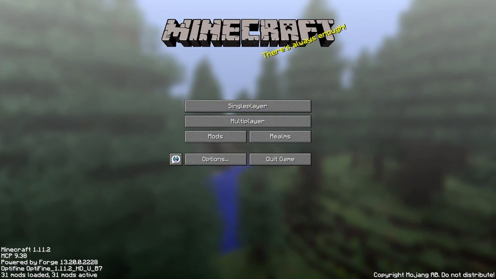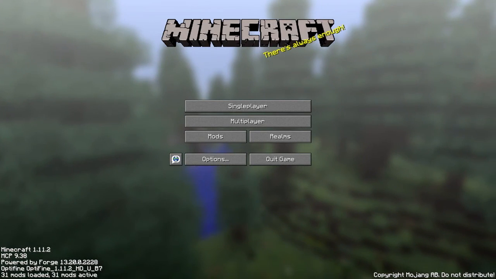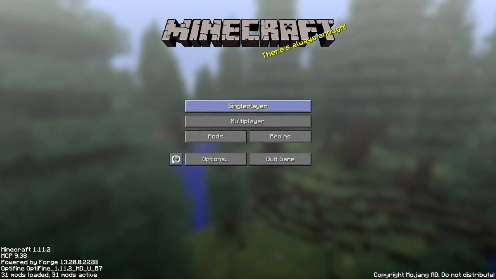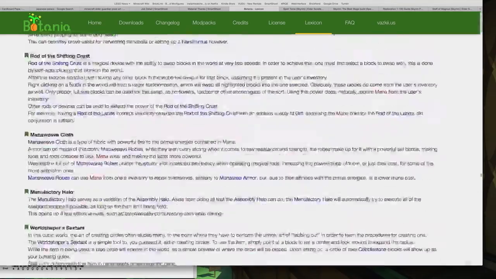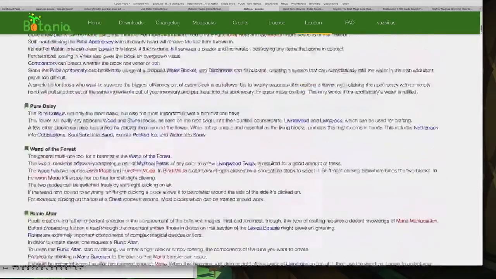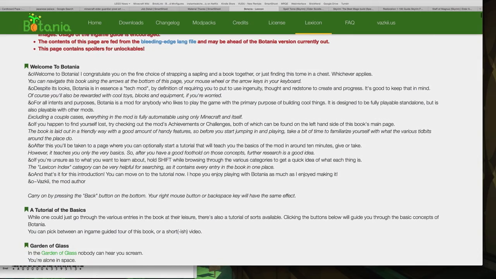We're going to create a world from scratch, and we're going to play in it until we're tired of it, but we're going to use it primarily to learn Botania. I've read the online lexicon, and it's an enormous document. It is an in-game document. This is a book that we can make right away. We'll need a book and a sapling to create this, but I did want to give this an overview